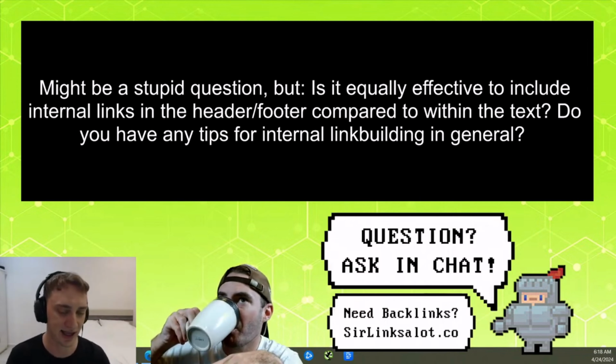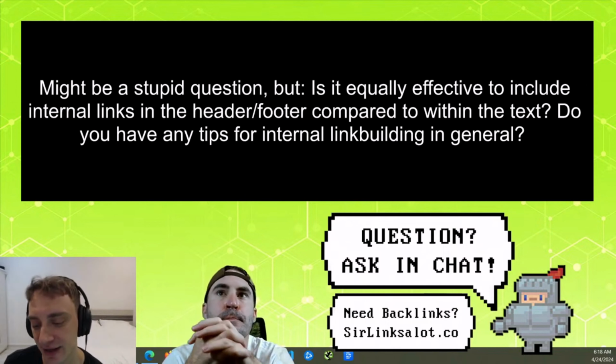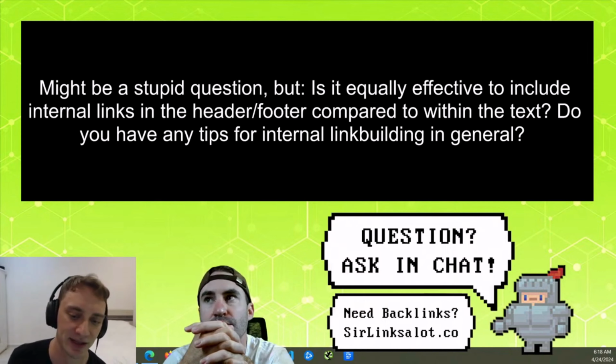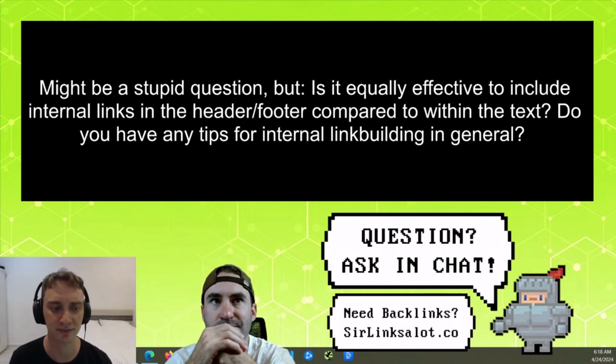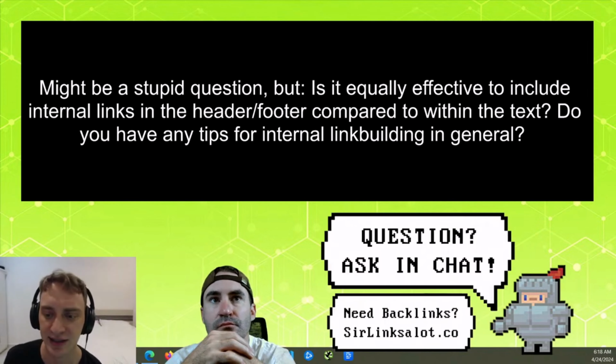I don't think you need any crazy silo stuff. You don't have to overthink it. I think this is one of those things that people way overthink, and maybe in the past it used to be more important to silo things to try to game Google's algorithm or whatever. But I think these days Google's got a lot smarter, and if you just try to link to stuff that makes sense and that you're talking about the same thing and you link to another article, you're going to be absolutely fine. And what I will say as well, though, is I do think there still is value in varying